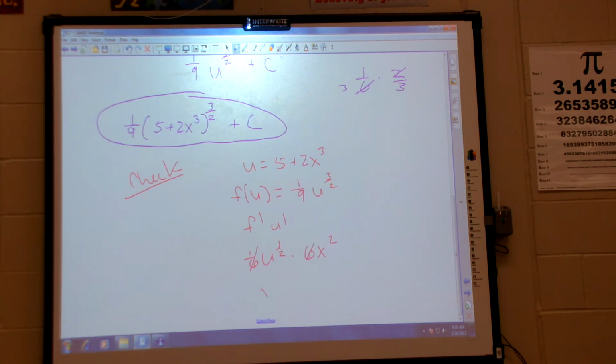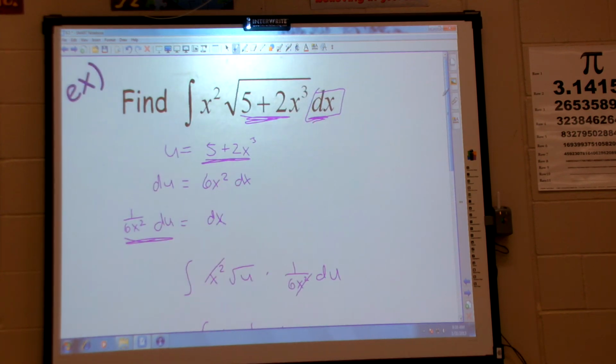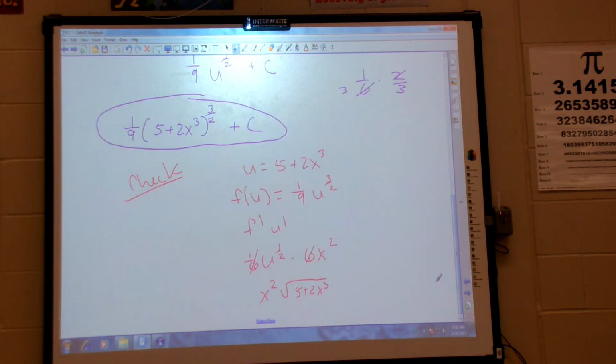Cancel. X squared, square root of 5 plus 2x cubed. Oh, I do believe that is my integrand. Yes. You believe correctly. Isn't that pretty? We can now check them, because when we did derivatives,